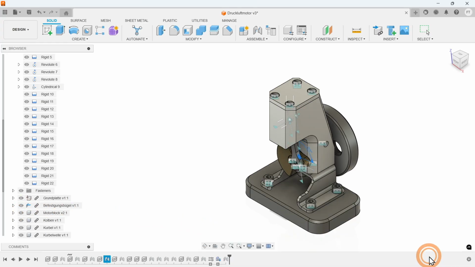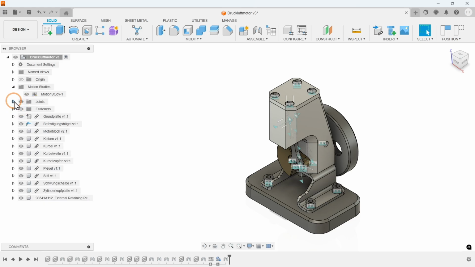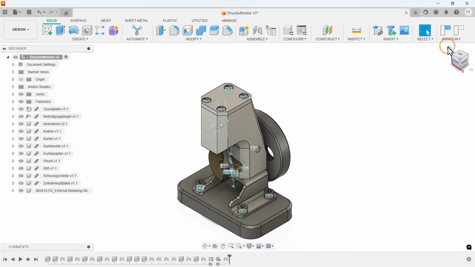After completing the motion study, it can be found anytime in the browser under the new folder Motion Studies. Well done. Now we can simulate the operation movement of our motor at any time. To introduce you to some more exciting features in Fusion that can help you work with assemblies, we start with